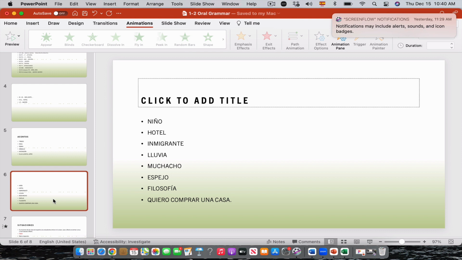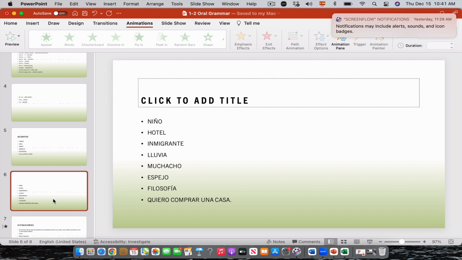The next one is espejo, espejo, mirror, right? The next one is filosofía. You see in this case, PH becomes F, and then I see the accent on the I at the end, so I have to stress right there. It has to be filosofía. The stress goes right there. And the last one is